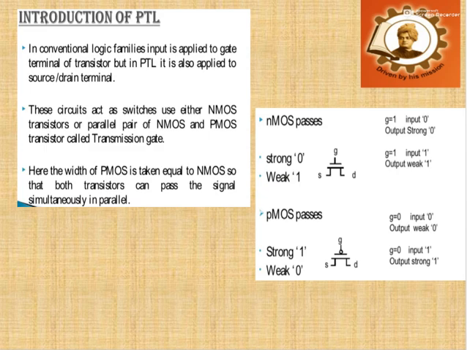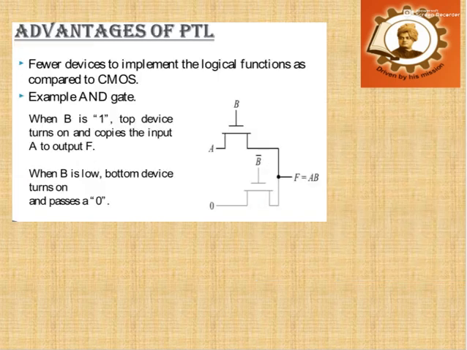Now let us take an example of how we can implement the AND operation by using pass transistor logic. These two pass transistors are connected in this fashion, and A is applied to the input and 0 is applied to the other MOS input, and B and B bar are connected to the gates. So if you apply a truth table, F will be equal to A and B. So this simply represents our AND operation.